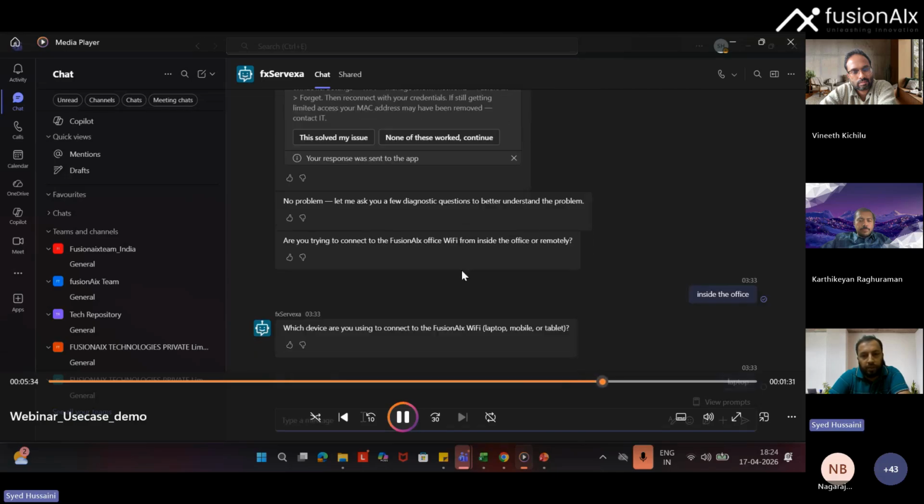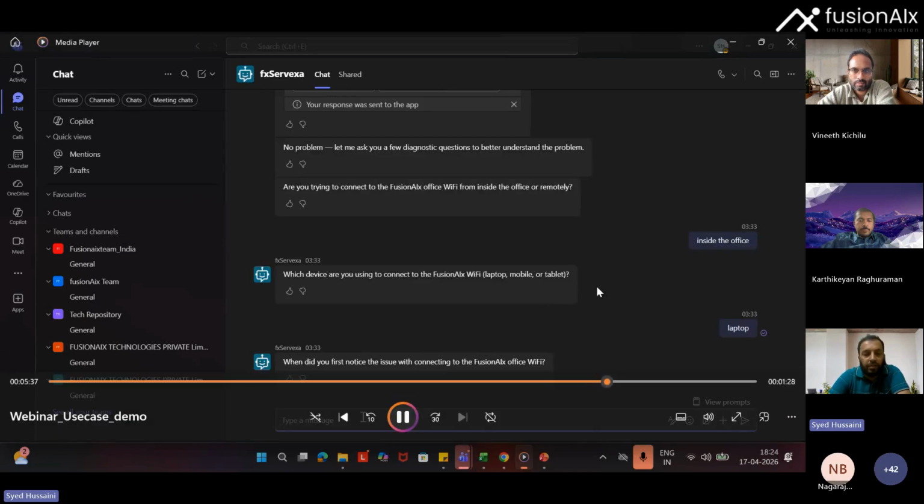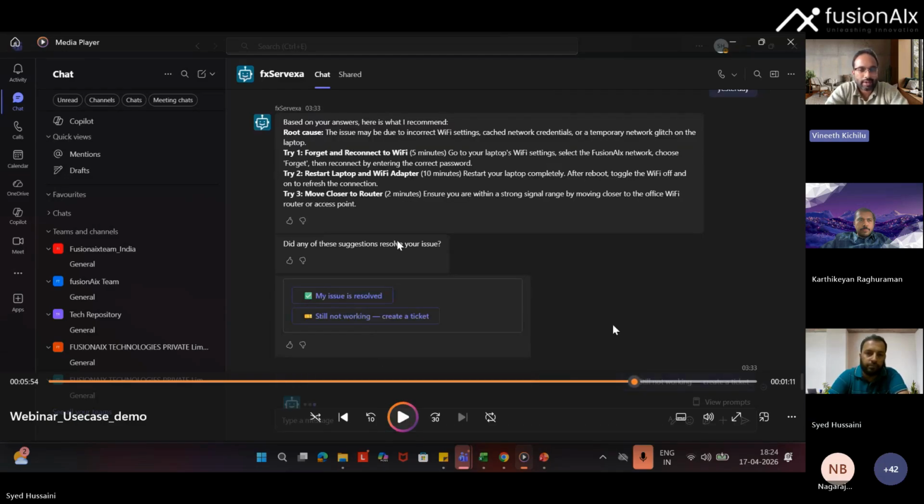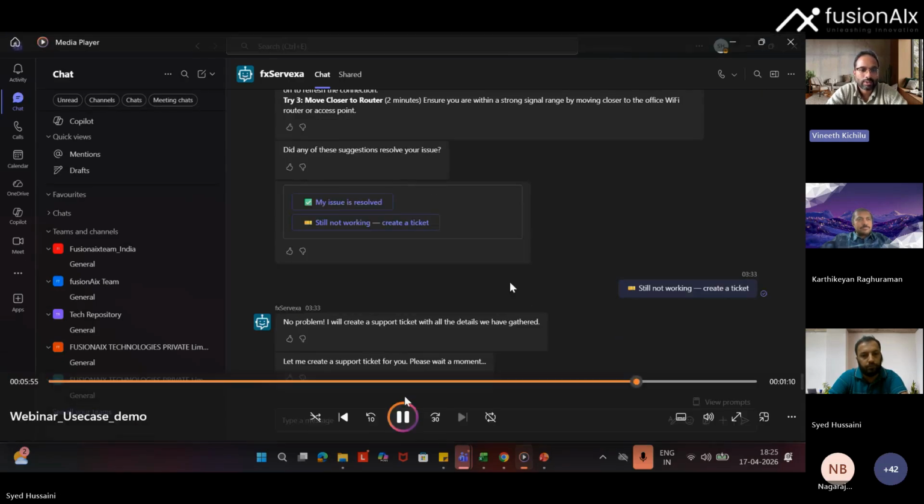Then the diagnosis. So as you can see, the diagnose agent is asking questions specific to that Wi-Fi or network issue, not the earlier payroll payslip issues. Depending on what the intent is, it is choosing the right agent and executing the task, and it is calling a combination of MCP and Azure functions to execute that task, right? So I think this is a great demonstration of how multi-agent systems can work along with the tools and MCPs to resolve or do something at the enterprise level for your own organization, right?